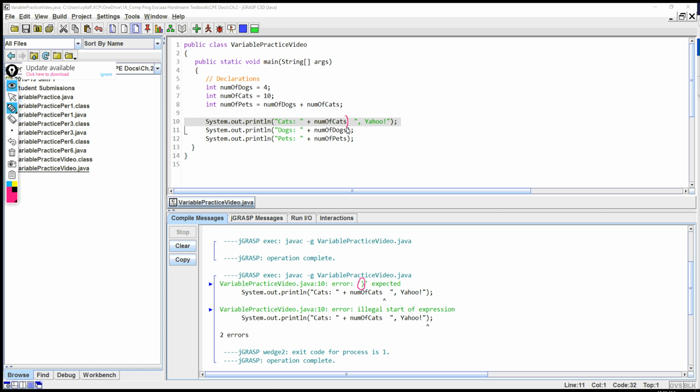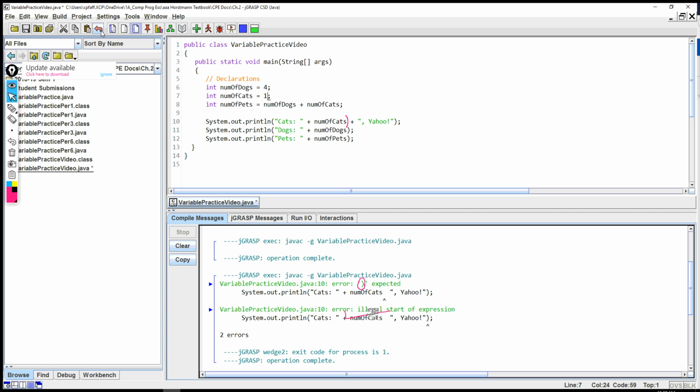There's no plus concatenation operator there, and so it doesn't say you're missing a concatenation operator. That's the problem. And notice it also causes another problem down here. But see, you don't have to worry about that. If you see this and you understand, oh, that means that I need a concatenation operator, you just put it back in there, and you got it. So that is the key thing right there. So I'm going to take off that error